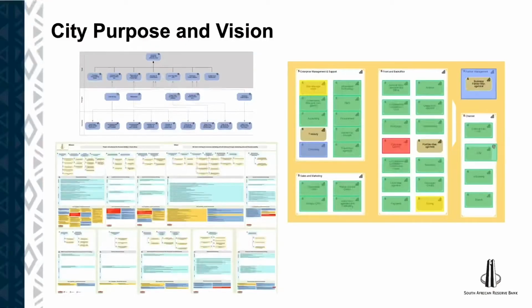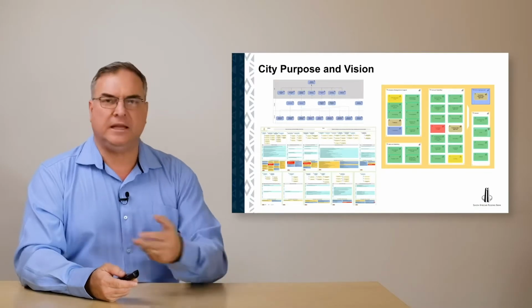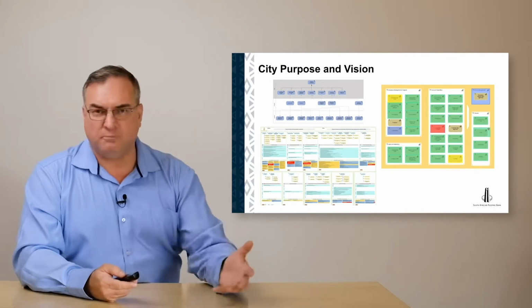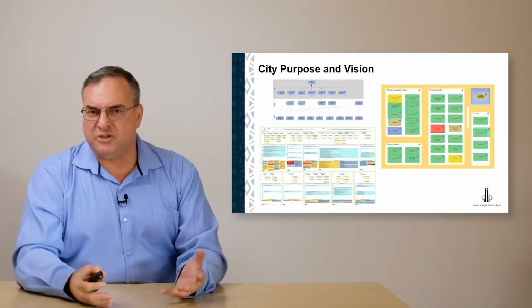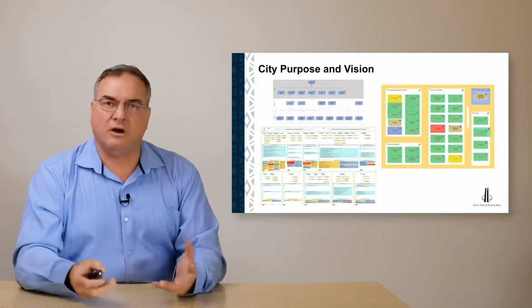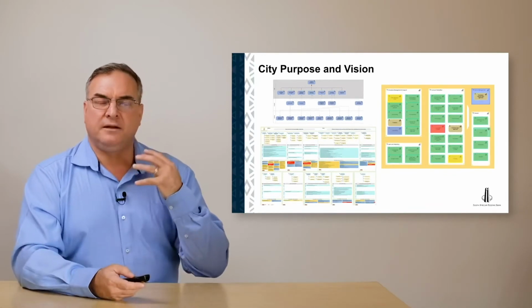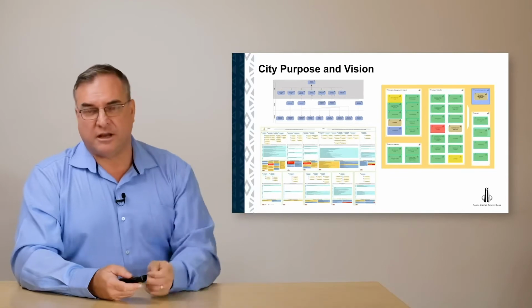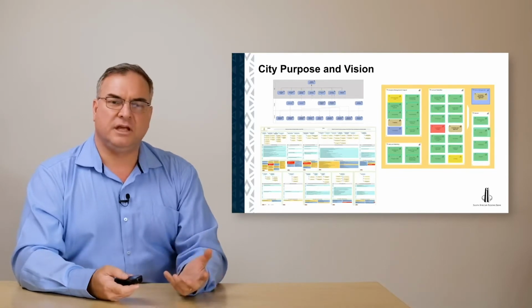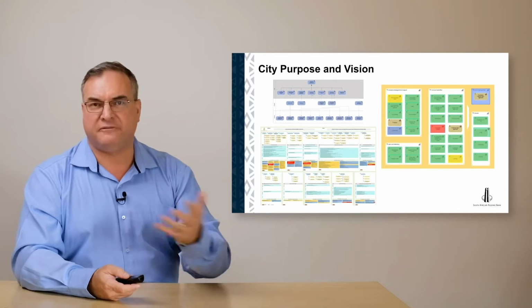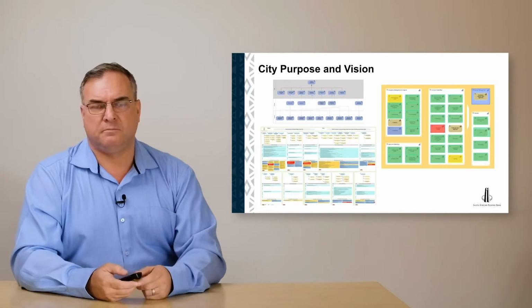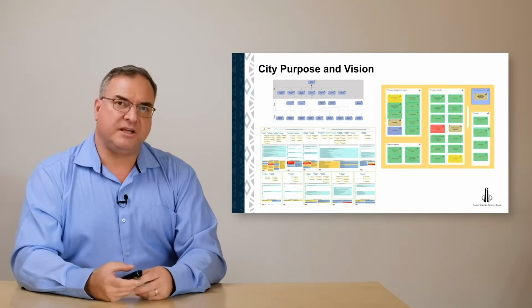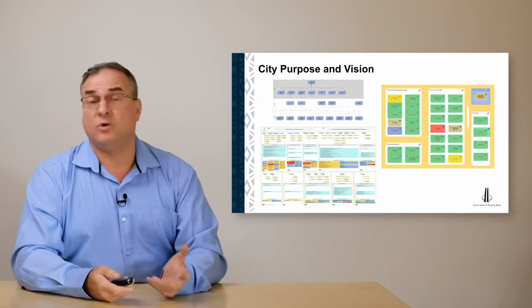We would model the purpose and vision of the city using modeling techniques, capture business motivation models, business models, business capabilities, do the assessment of the maturity or the strategic alignment of capabilities to define and test that we are going in the right direction. This is not only a reflection of what the business has defined from a strategic perspective, but may also inform their strategic planning and strategy formulation exercises because it could highlight certain challenges or opportunities.